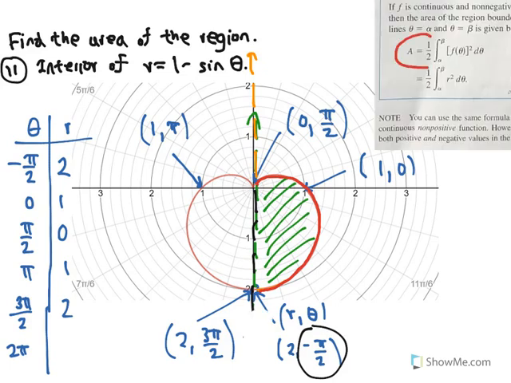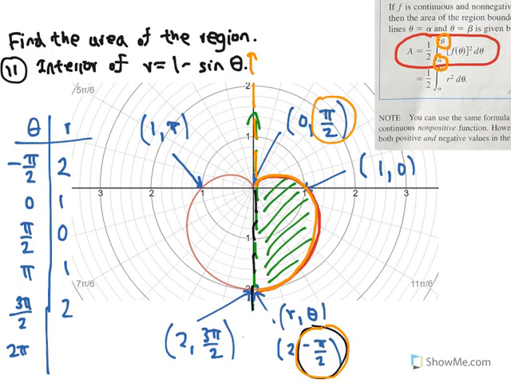So this is the integration formula that we use to find the area of a region that is bounded by a polar curve, and we talked about what the limits of integration should be. Our limits of integration will be from negative pi over 2 to positive pi over 2, giving us the right half of our polar curve. And so we would be finding the area of the region that is shaded in green,